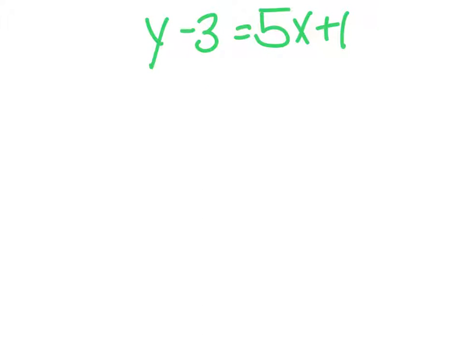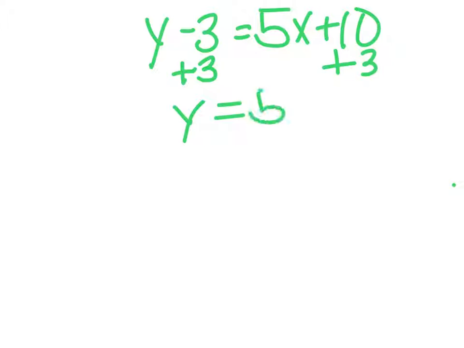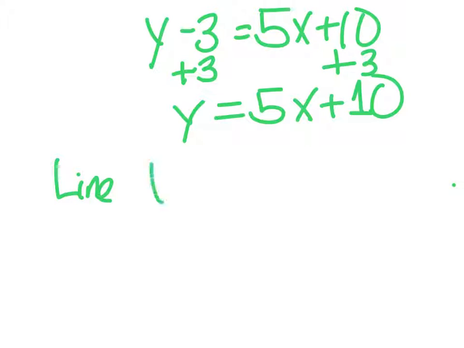Awesome. Remembered it. Now, in order to get this equation, I want slope-intercept form again. Slope-intercept form means I got to get that y alone. To get that y alone, I'm going to use inverse operations, add 3 to each side, and now I have that equation. Awesome. I am done. I now have a line that is parallel